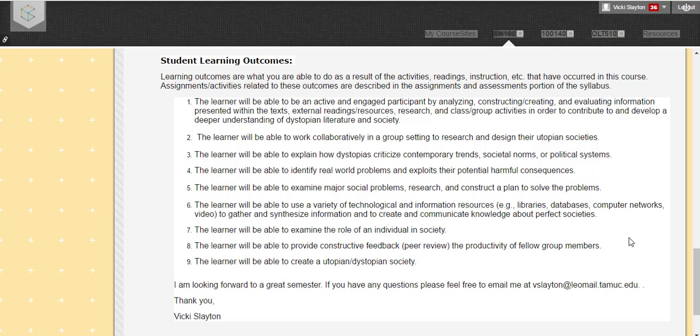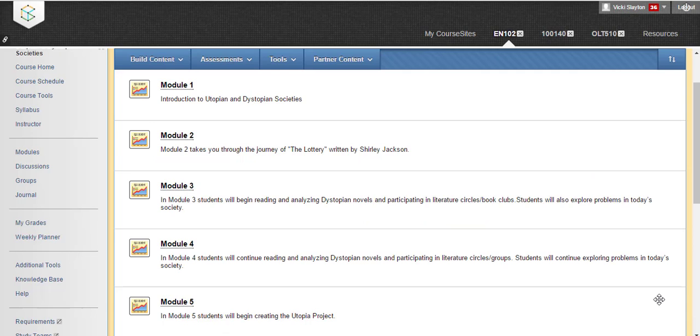The learner will be able to examine the role of an individual in society. The learner will be able to provide constructive feedback on the productivity of fellow group members. The learner will be able to create a utopian and dystopian society.